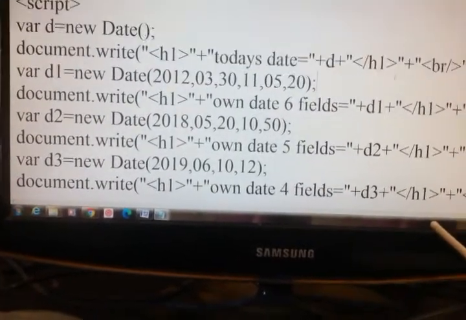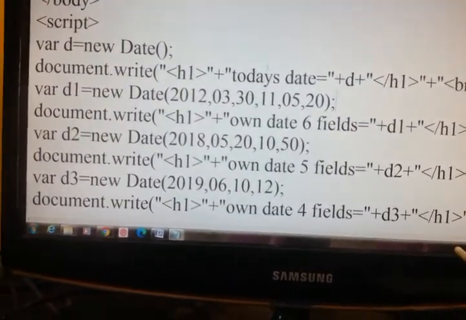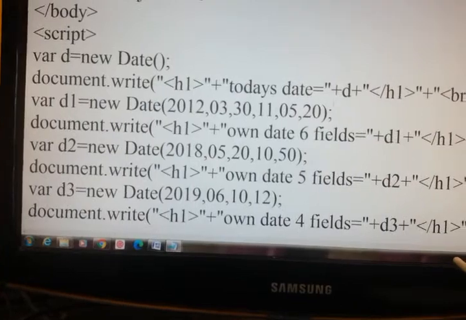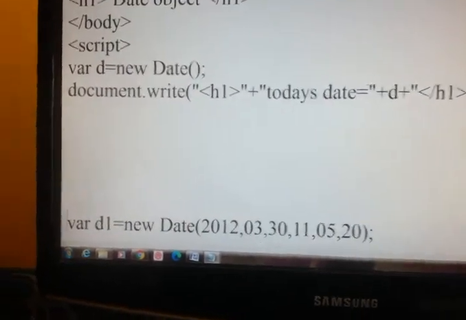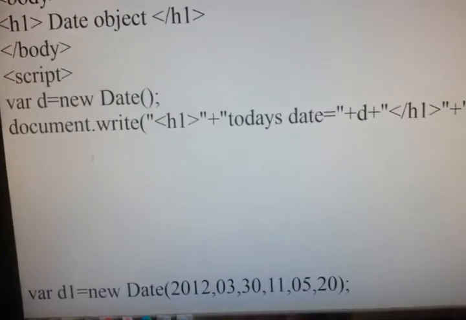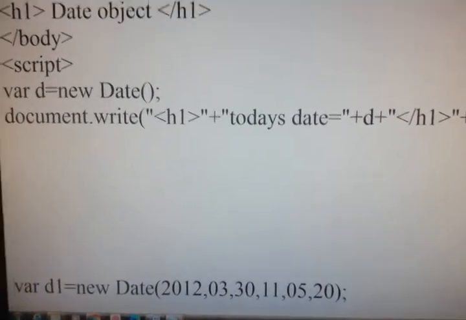So if you use toString, what happens to that? As we have used this, variable d is equal to new date.